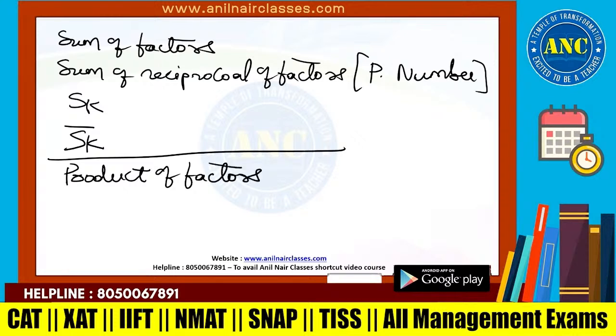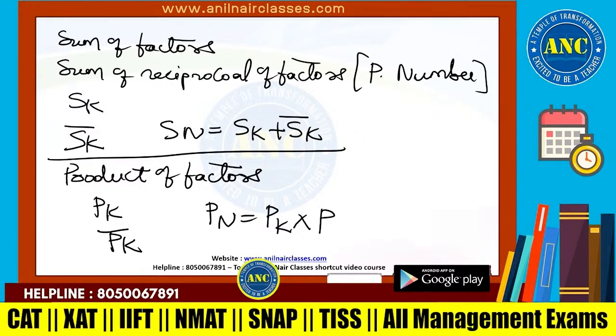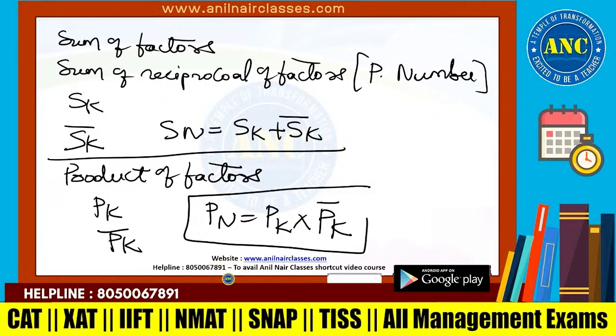Then we discussed the product of factors which are multiples of k and the product of factors which are not multiples of k. Sn is sk plus sk bar. Pn is pk into pk bar. Pn is equivalent to pk into pk bar. Now we will